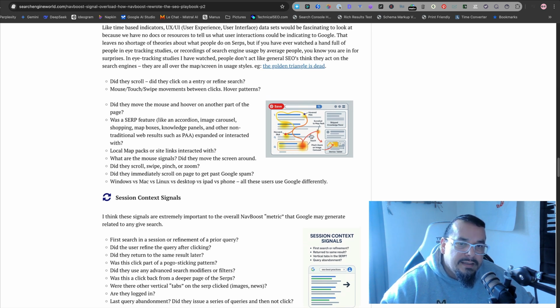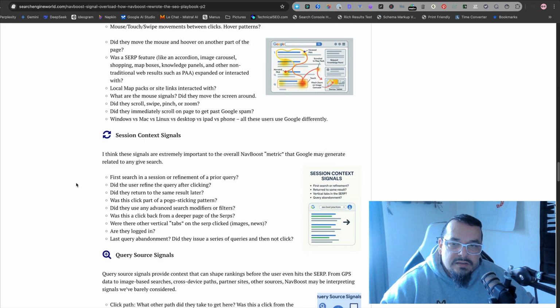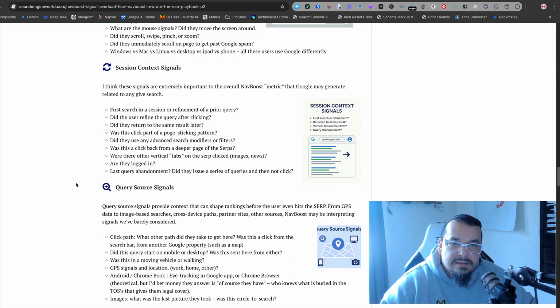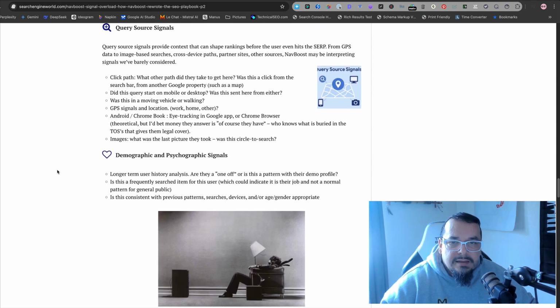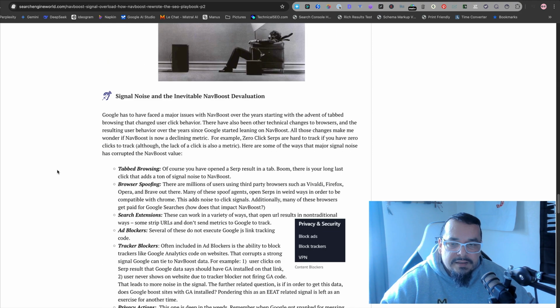You get clicked in that SERP feature, and then you answer the question, or you have the PAAs and scrolls and all this. These are all potential points where you could screw around with the CTR, as well as the design of the SERP pages, right? But you can look at all of these possible things that NavBoost is and how that affects you.